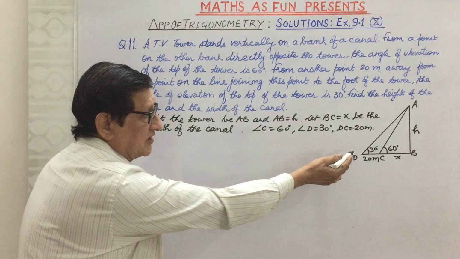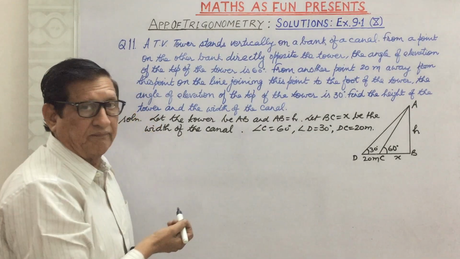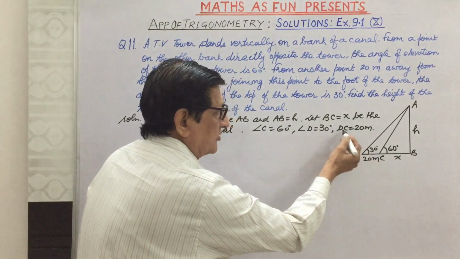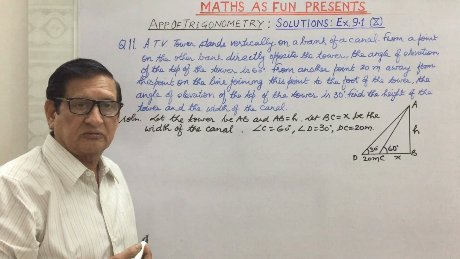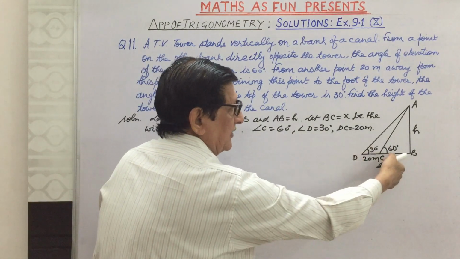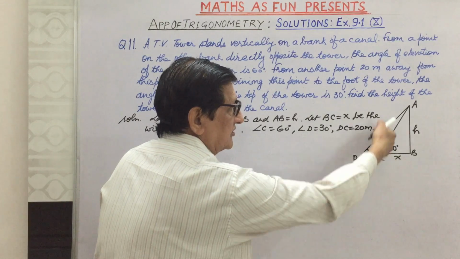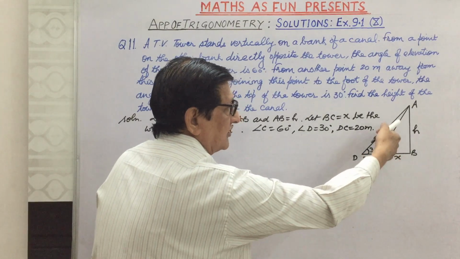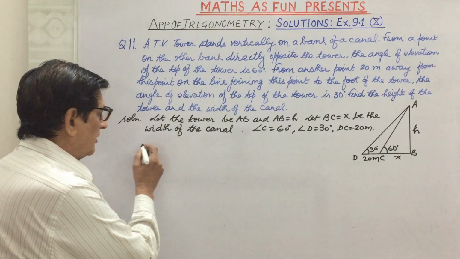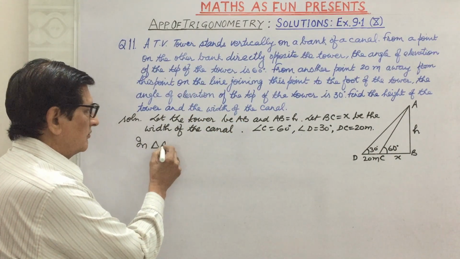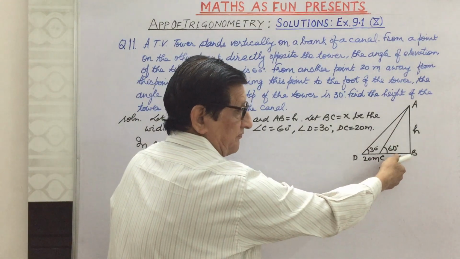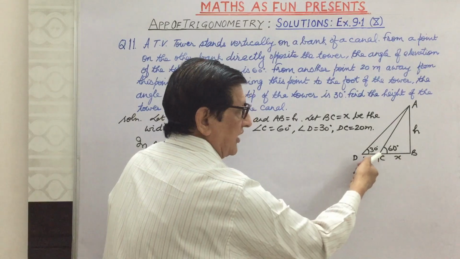Angle C is 60 degree and angle D is 30 degree. It is also given that the distance between the points is 20 meters. So DC is equal to 20 meters. To find the values of X and H, we will be applying the conditions in these two triangles, that is ACB and ADB. In triangle ACB,